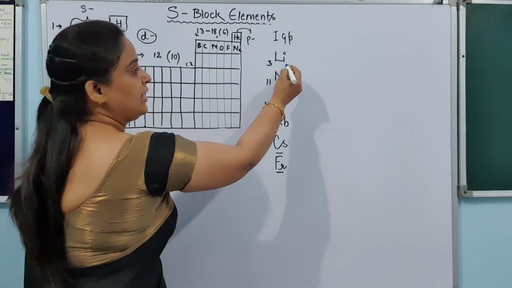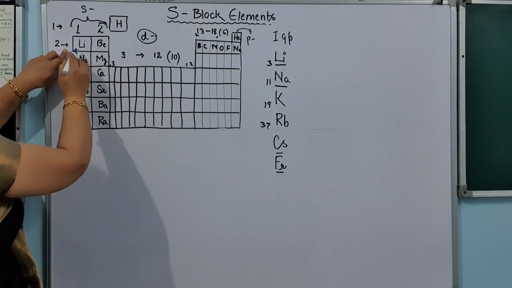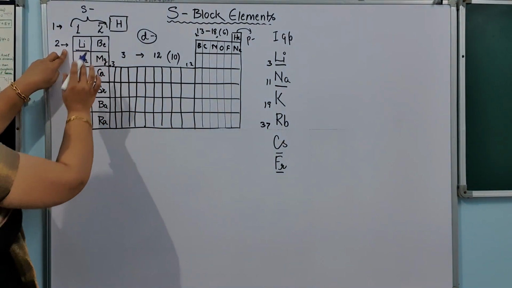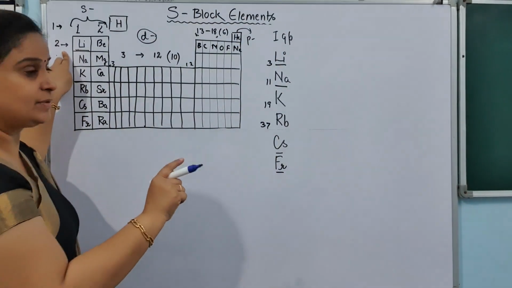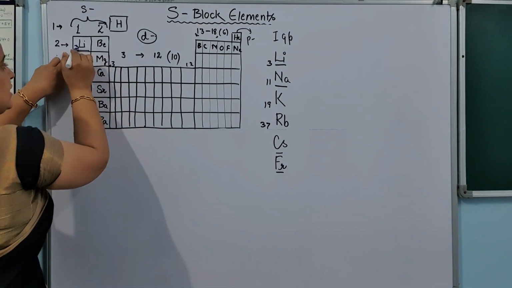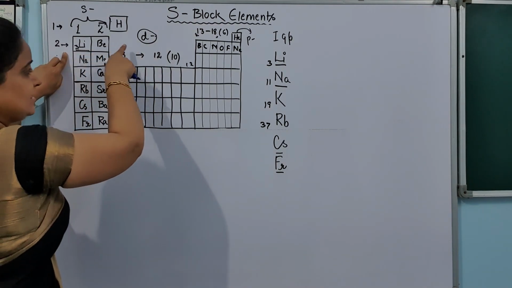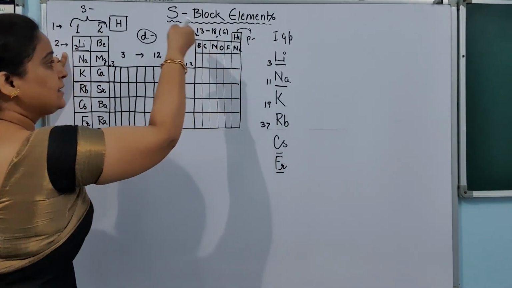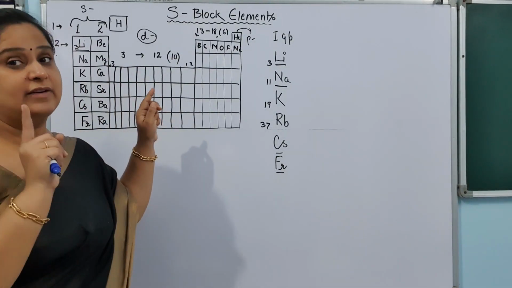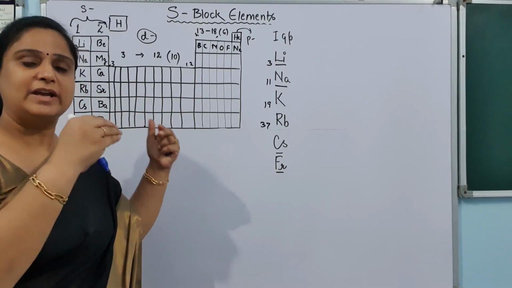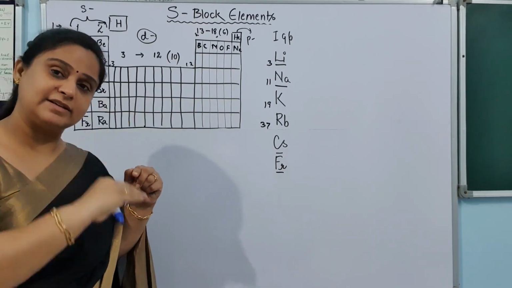Let's find out why after lithium there is sodium 11. So let's start from lithium. Here you have lithium. Now after lithium, we know that atomic numbers are in increasing order in the periodic table. So if I am starting from lithium and the atomic number of lithium is 3, I have to move this way in the second period. First of all, the second period will be filled, and then the third period will start, because the second period is indicating the second shell and the first period is indicating the first shell. So every period is indicating a shell. Once the shell is completed, then another shell will start.